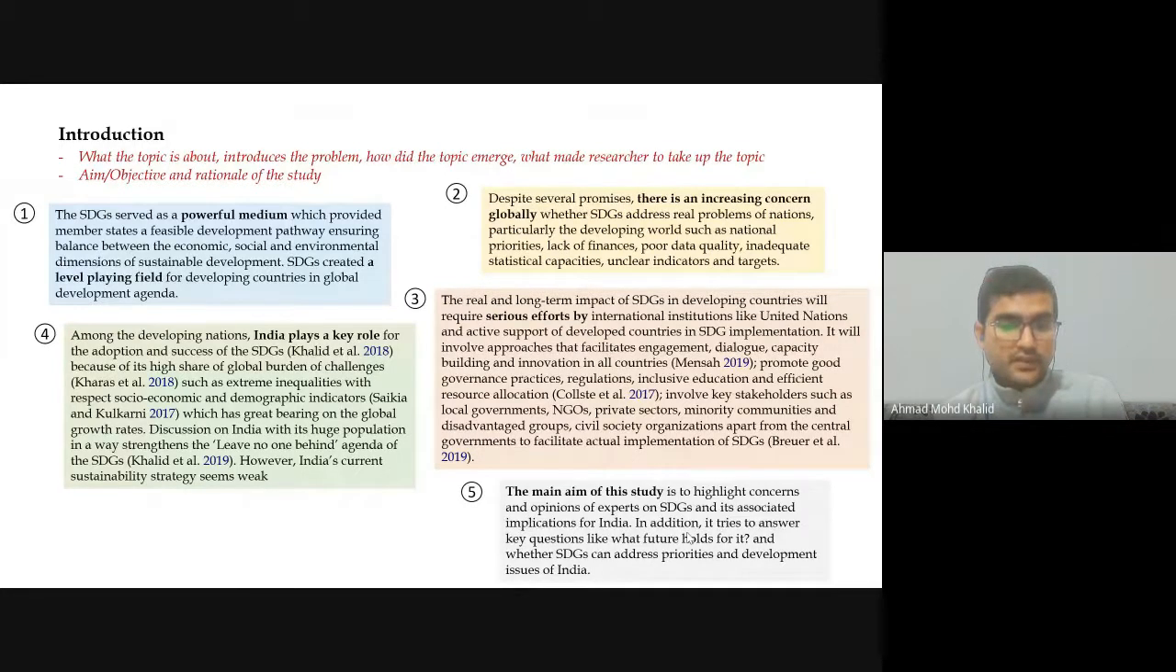development issues of India. So this is how I have tried to give you a glimpse for an actual article which was published, and how the authors have approached the introduction section. So now